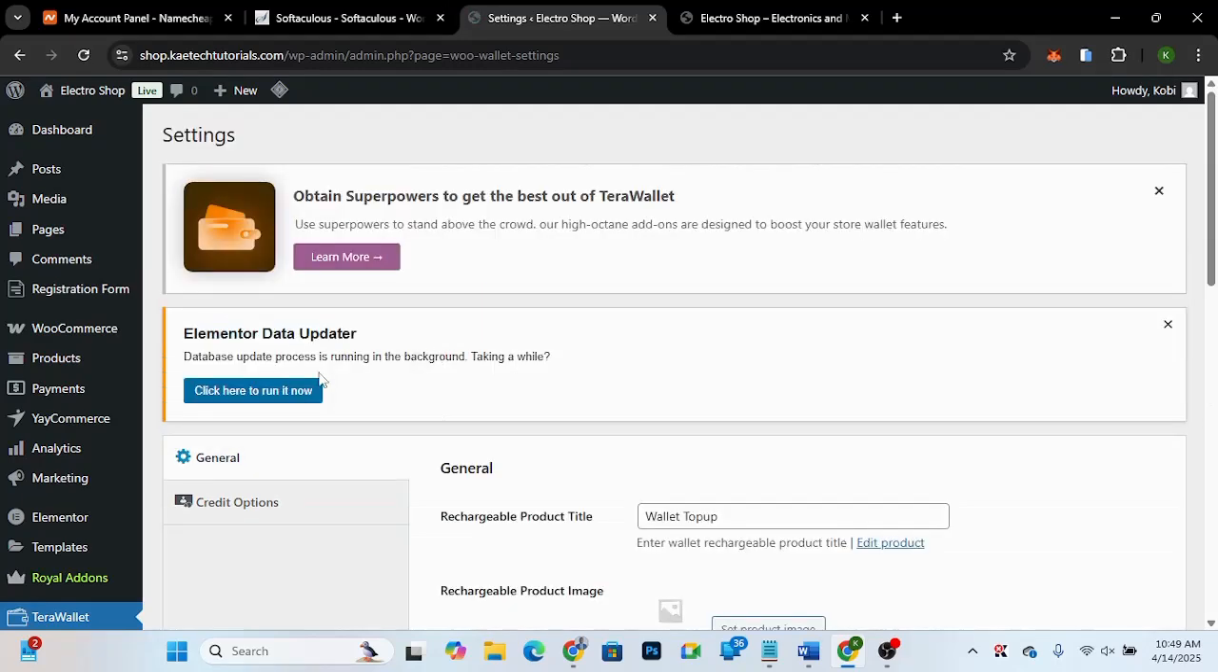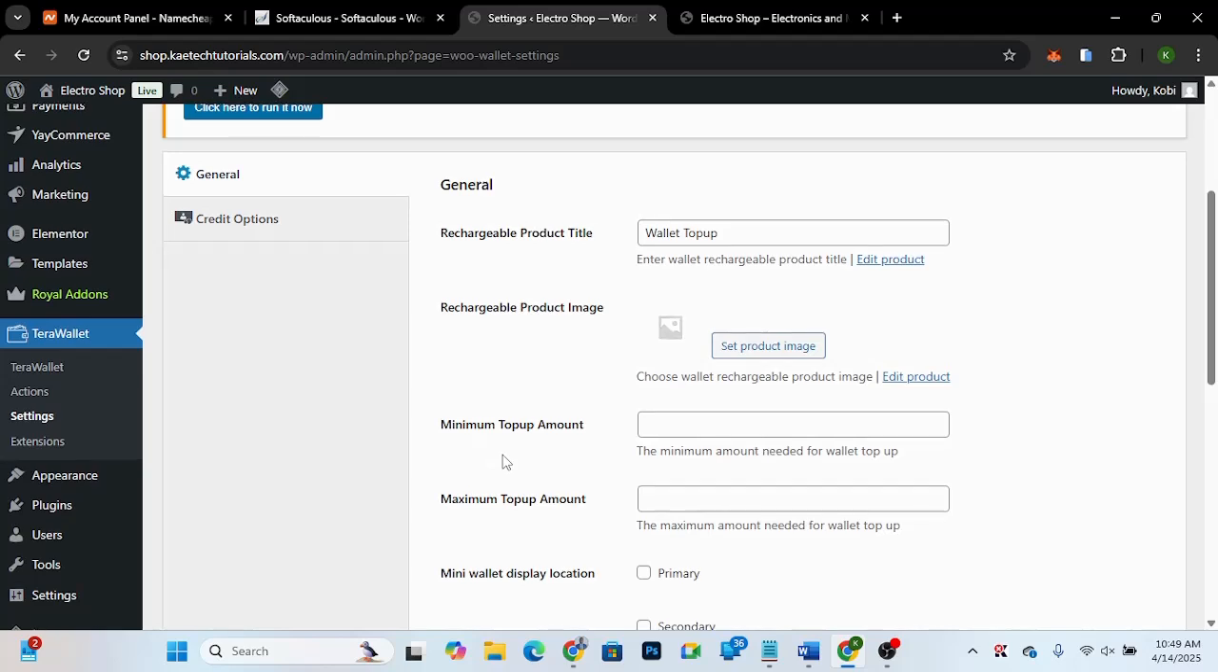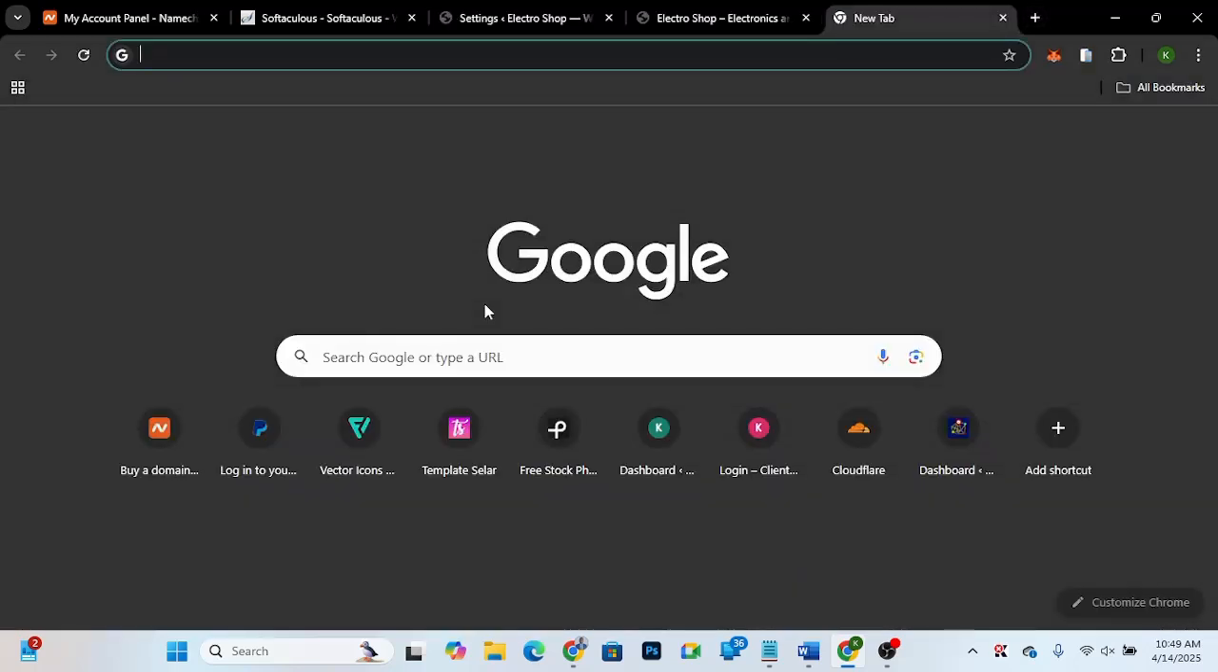All right, so now we have the general settings over here, and under the general settings we have the rechargeable product title. There's always going to be a rechargeable product title, which is the wallet top up. Make sure that you enter any product title that you want over here, and then rechargeable product image. So you can set up any image over here. So let's say I want to find maybe an image of a wallet and put it over here. So I'm going to go to flaticon.com,